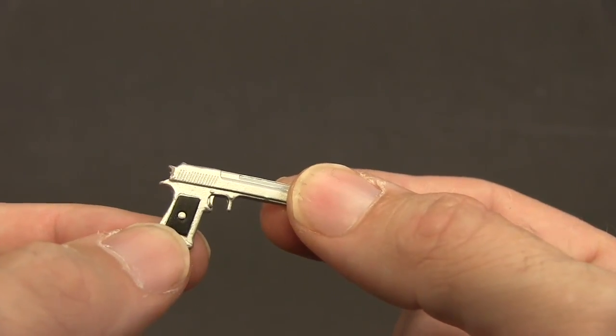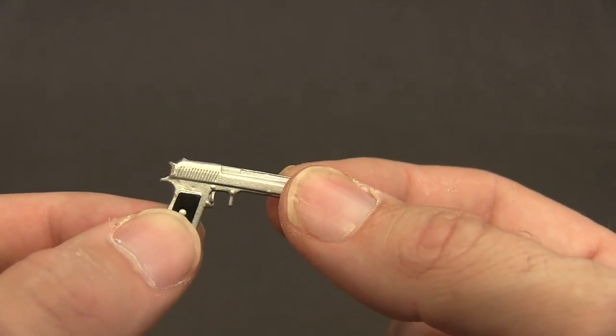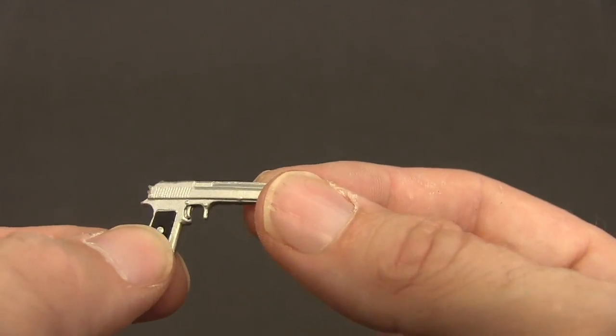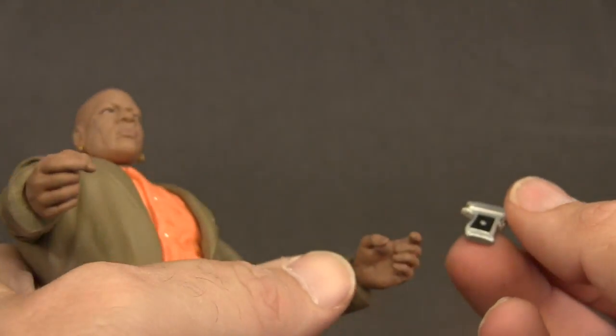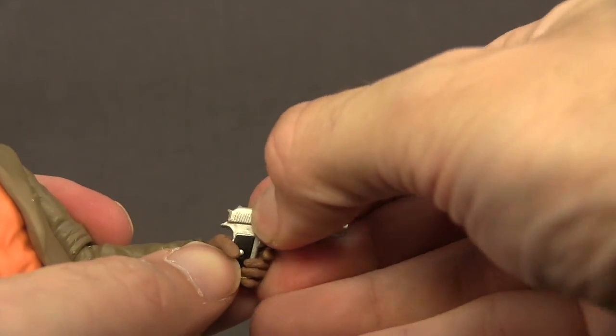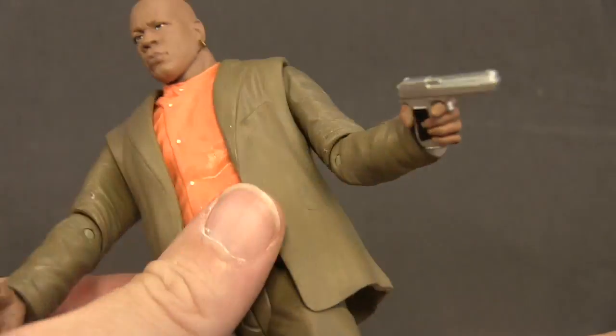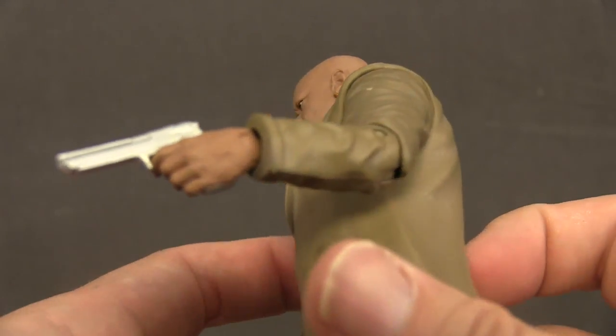It's actually the figure's holding it when you take it out of the packaging, and I don't think I snapped that bottom piece off when I took it out of his hand or anything. It doesn't look like it. But he does have a trigger finger. He holds it best in his left hand, and he does have a trigger finger, so it kind of just slides down into the trigger finger like that. So I think that's how it was designed, and he does hold it nice and tight. You can get it in the right hand if you wanted to, but again, he's meant to really hold it